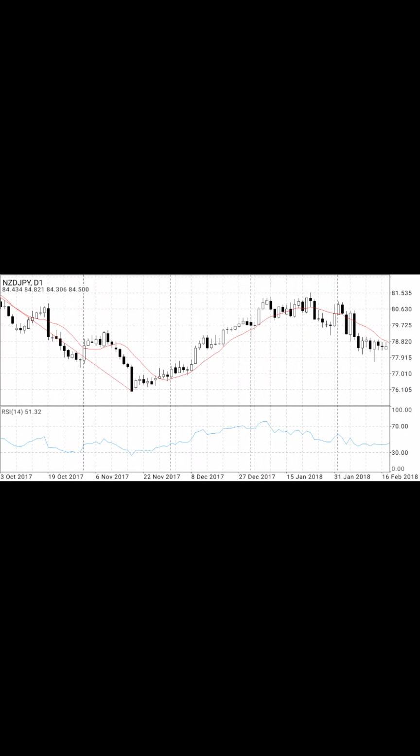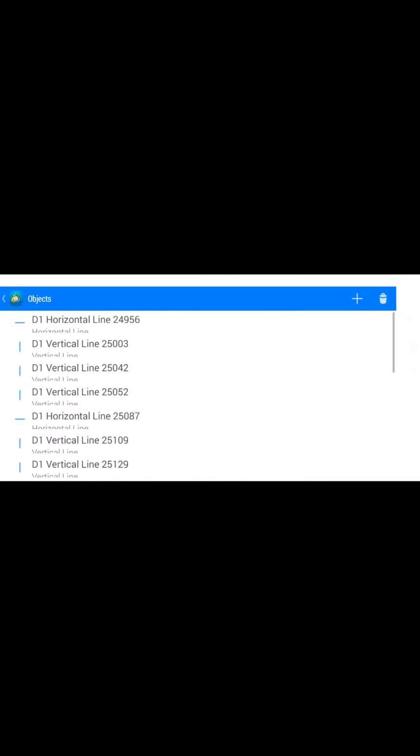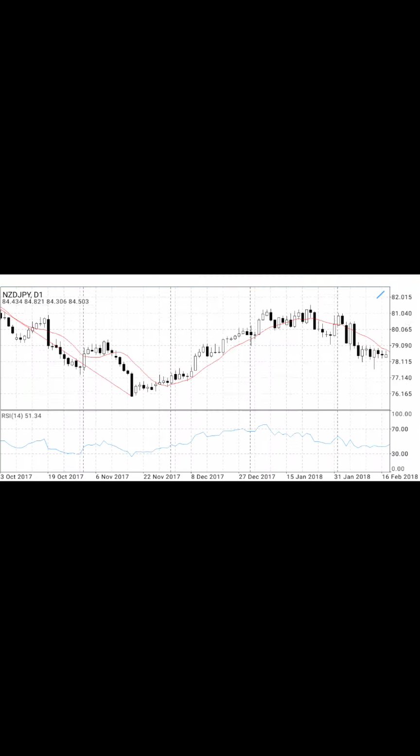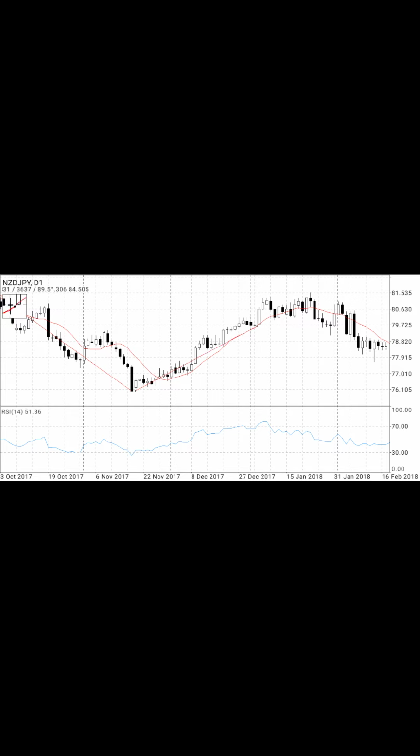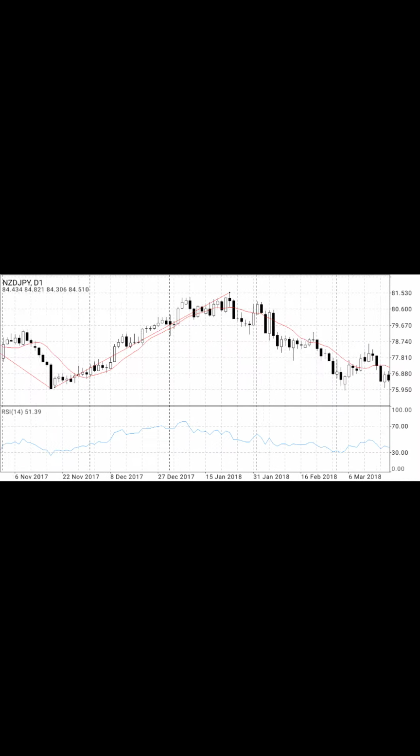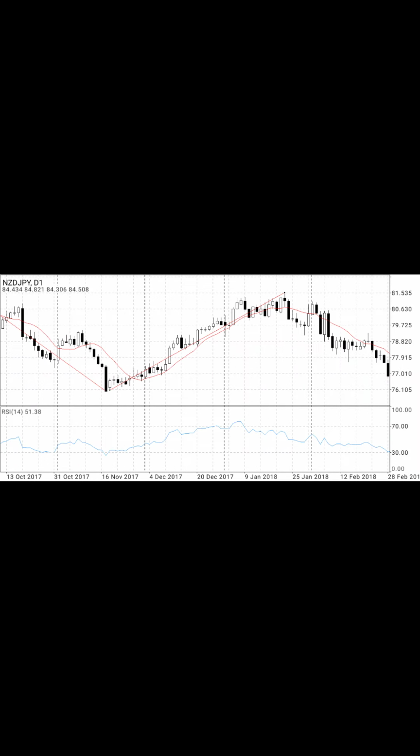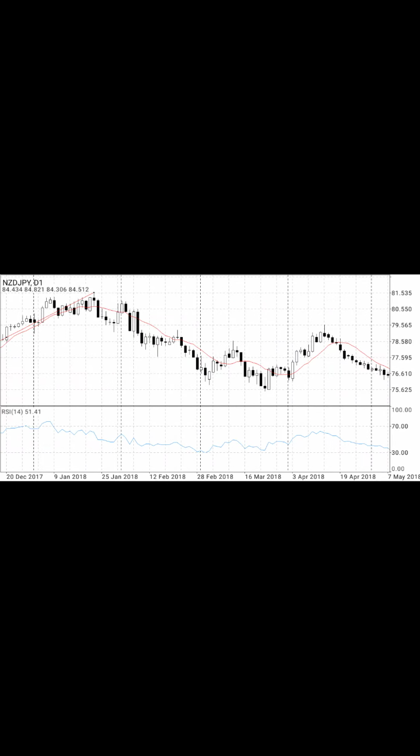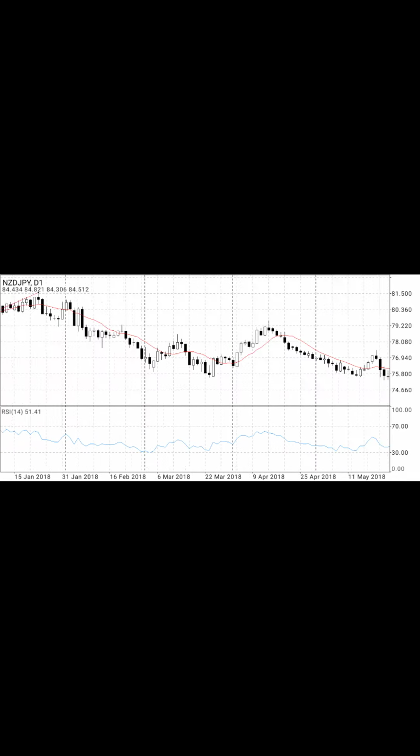Then immediately after that, a bullish that was countering the second bearish. That's the bullish, reinforcing, countering the second bearish. Then after that, a very strong bearish